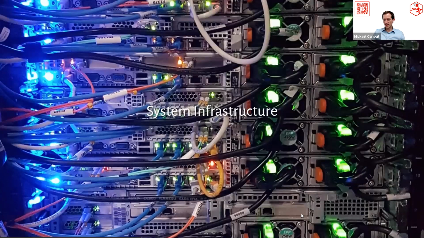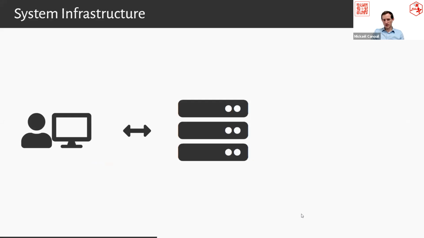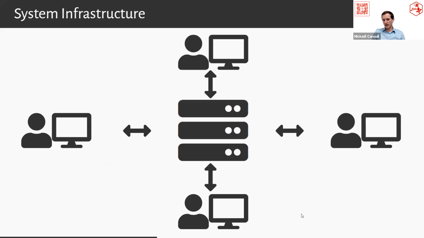So now we have something which is easy to work with, but actually we can't do whatever we want. In my lab, we work with different servers, so we are completely relying on system infrastructure. We have a main server and different users, and you might think, okay, if we want to do whatever we want, we can have R, Python, or Perl, or whatever language you want on your computer and work with it, and maybe send something to the server. That's nice, but if you work only on your computer and don't make your environment isolated, it's not portable. You can't share your code with anyone else and it won't work that great.